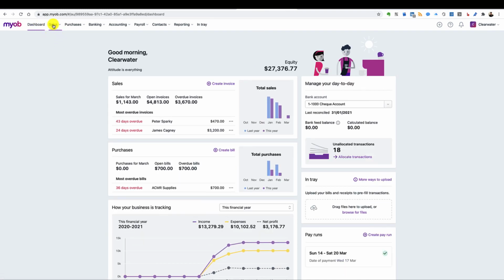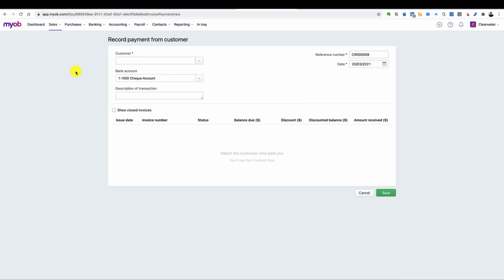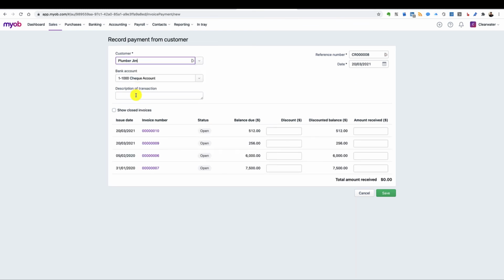So obviously you can create payments. So if we go in and create an invoice payment, let's say I pick Plumber Jim, and I've just raised this one today, so let's say he paid the previous one, so I could put a description in here saying payment of invoice 7, and